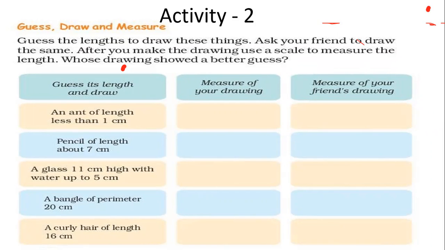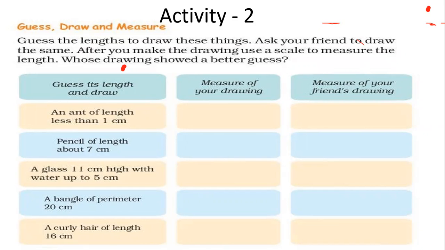You have to assume. For example, I have a marker here. Okay. So you assume a marker. You assume that Hussein sir is using a marker of 10 centimeter length. So you draw a line, a picture, which is roughly 10 centimeters. It can be 8 also, it can be 9 also, it can be 11 also, because you are assuming, you are not drawing the exact shape. Then both the drawings can be compared.